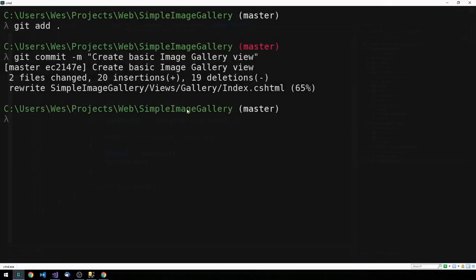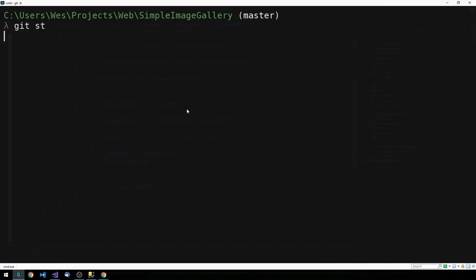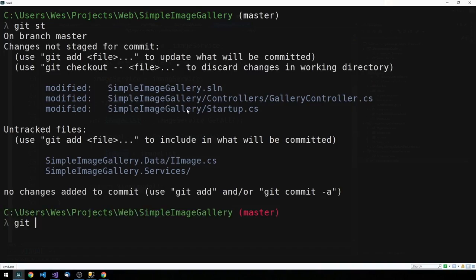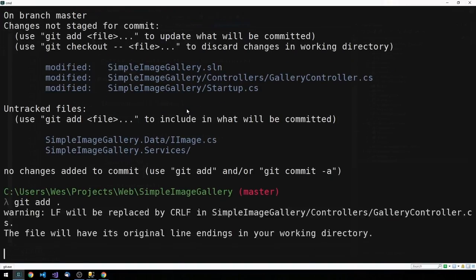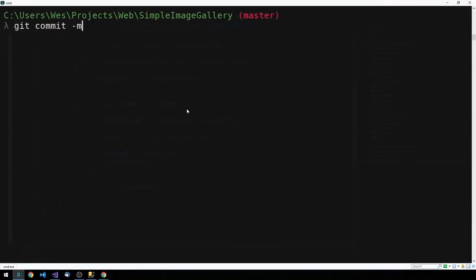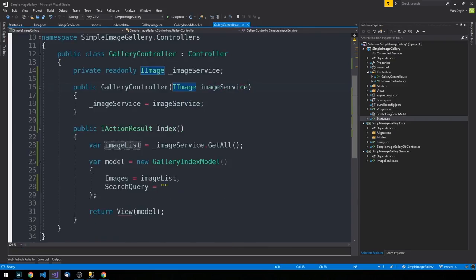So I'll go ahead and make a commit here. You can see what we did with git status, and we'll git add everything and git commit: create service layer, implement image service in controller. So back in our gallery controller,